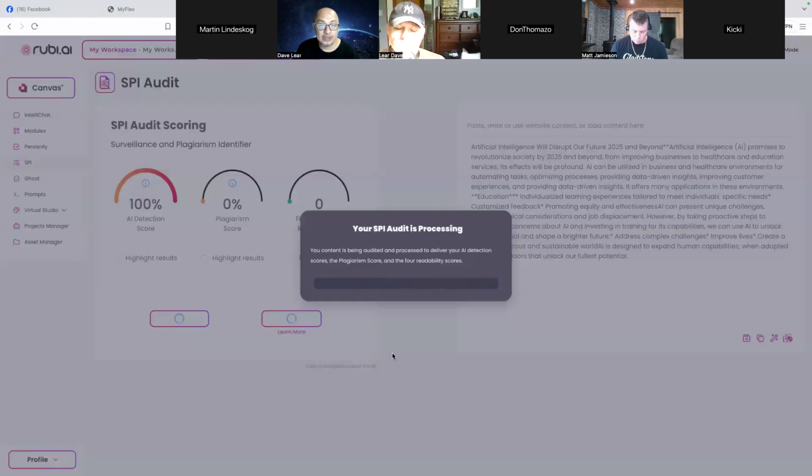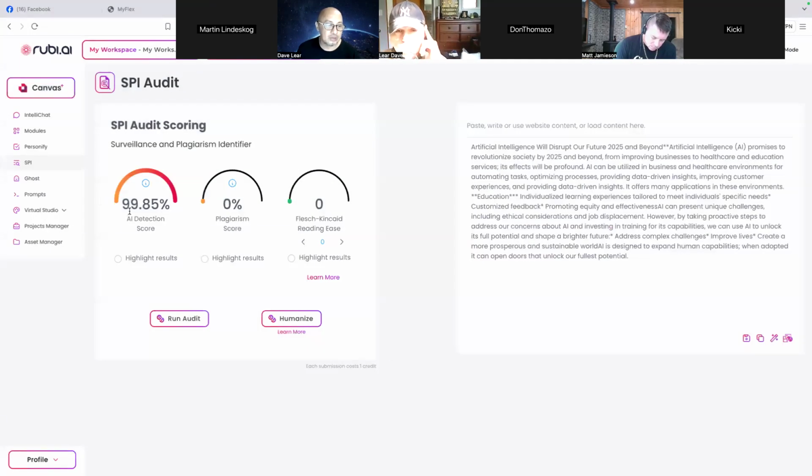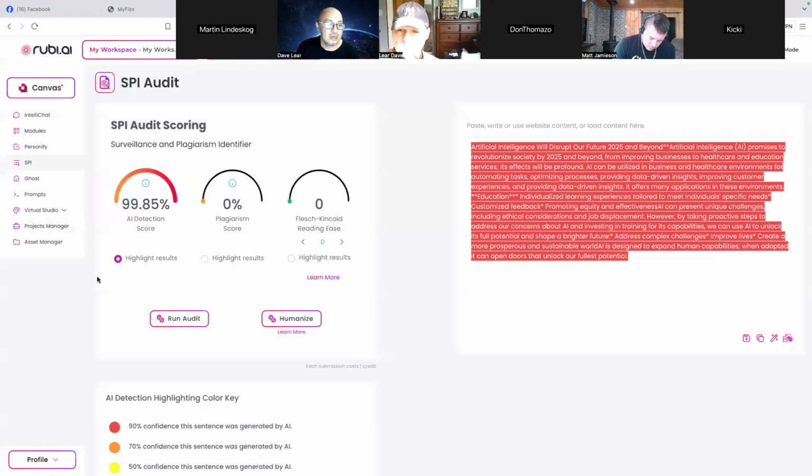Earlier I did try a post. At first it was AI detected 100%. Then when they humanized it, it went down to 15%, which is good. Now you see it's down to 99.85, and you can even see highlight results.